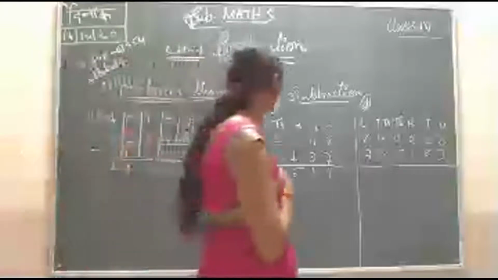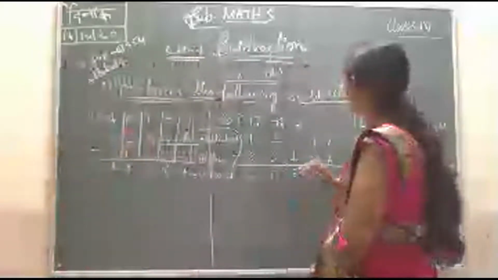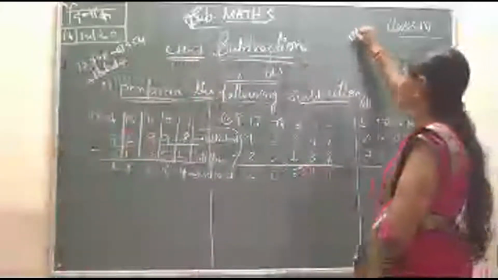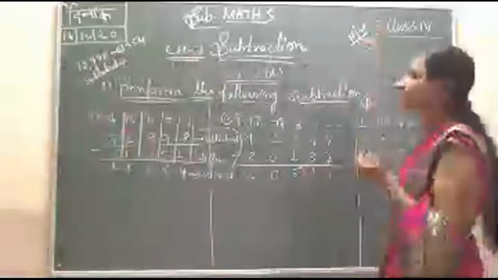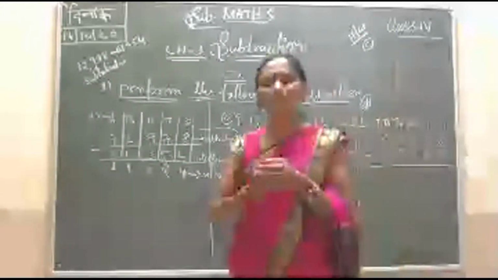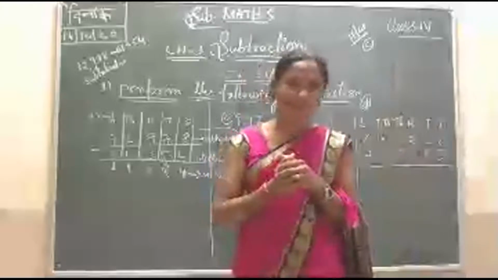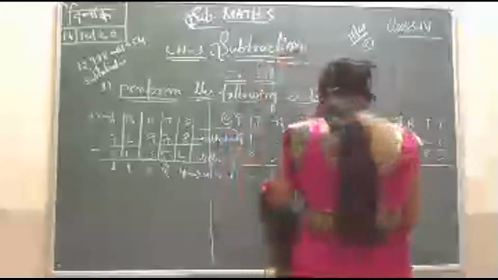10,511. Okay. So students, I solved A and B, but C I will give as homework. Very easy. The columns are already arranged in rows. Just subtract. You use the subtraction method. Okay. So now,